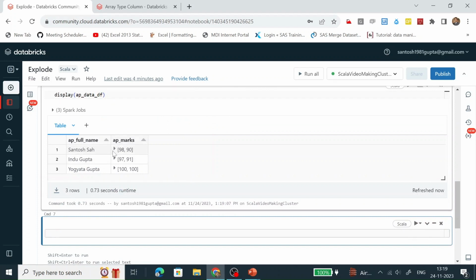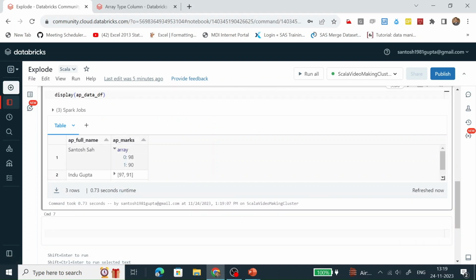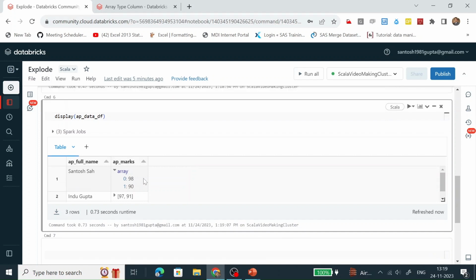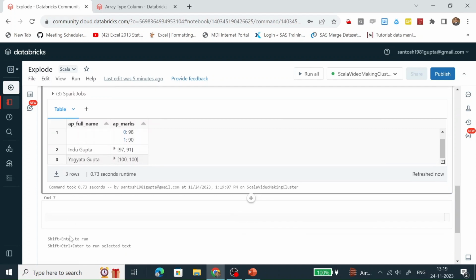We can see this AP marks is of array type. Now let's use the explode function and explode this AP marks. What will it do? For whatever data is present in the AP marks column, a row will be created for each. Let's see.